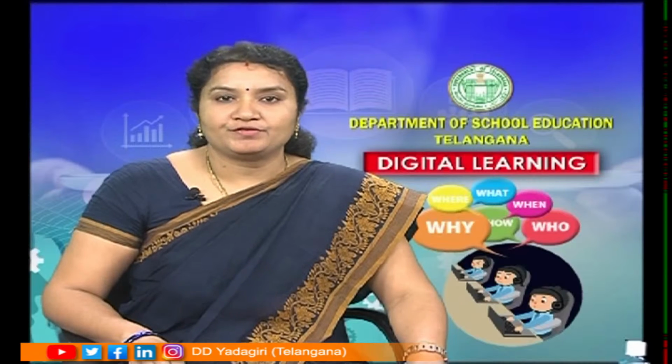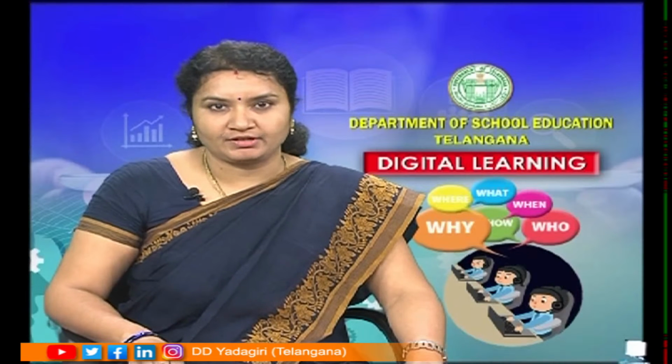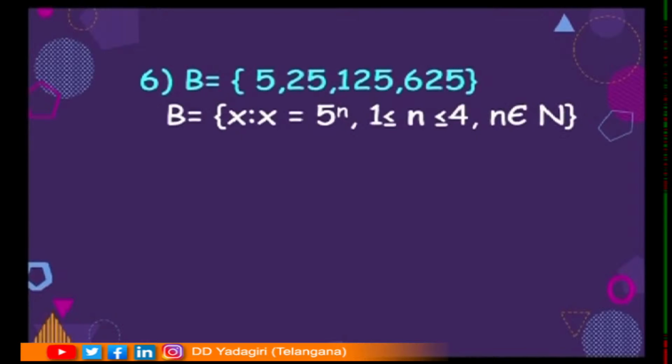Now, let us take an example of a set B which consists of the elements 5, 25, 125 and 625. If you observe the elements, how can we write it in the set builder form? I will write it as B is the set of all x such that x is equal to 5 power n, where n is greater than or equal to 1 but less than or equal to 4. So, in the place of n, if we write 1, 5 power 1 we get 5. If we write 2, 5 power 2 we get 25. If we take 3, 5 power 3 we get 125 and 5 power 4 is 625,